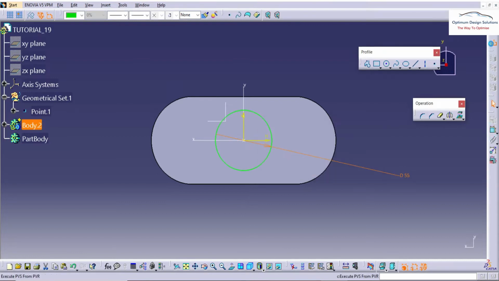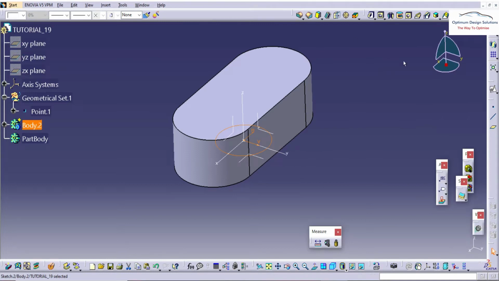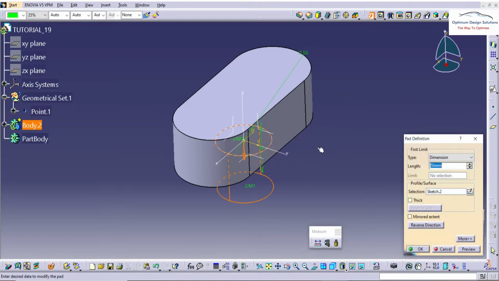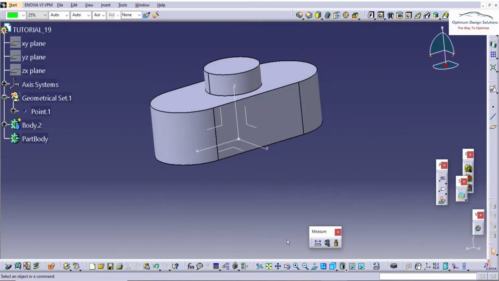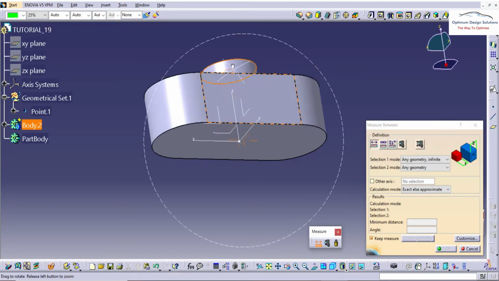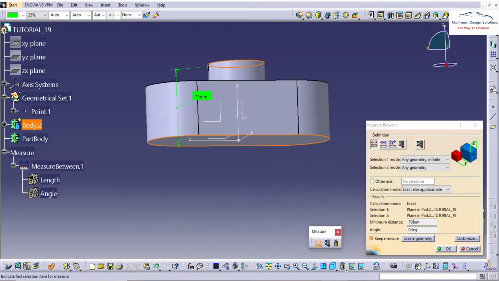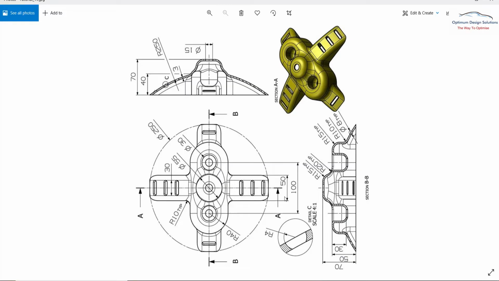It is the strategy for any component, whenever we are designing any component: first of all, inspect whatever dimensions are on the 2D, and after that try to start with the easier part. So here the central easy part is completed, which has a total of 70 mm, 2 pads completed. Here the central part is completed.